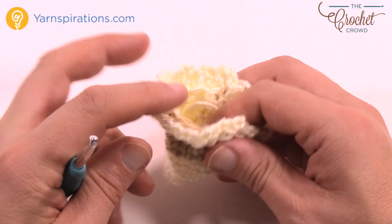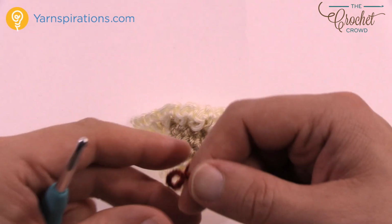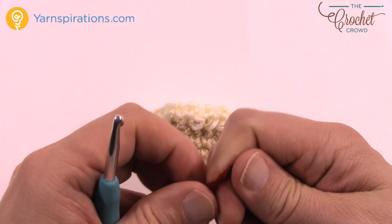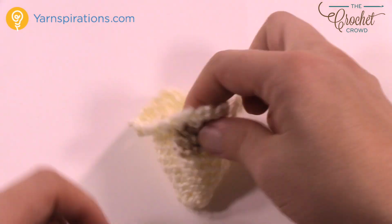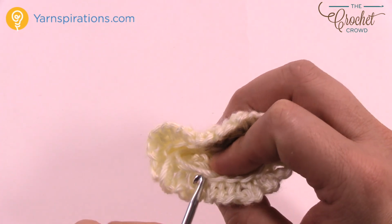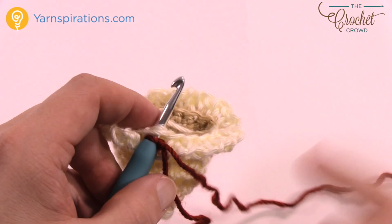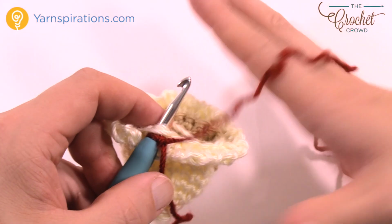So let's move on now and let's start applying the hat to the top of your Santa. Okay, so let's begin the Santa hat. We're going to just start off with a slip knot, starting where you finished off in the back and just coming on to the remaining loop. So it's the back loop that is left. You're just going to fasten on with a slip stitch,